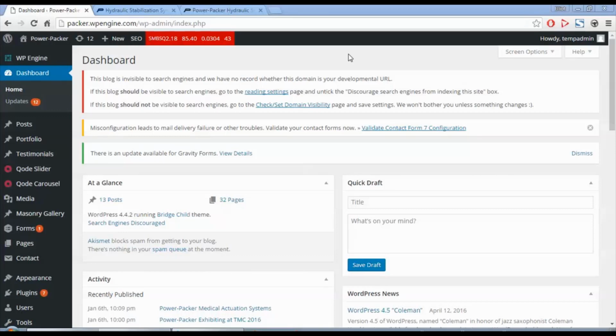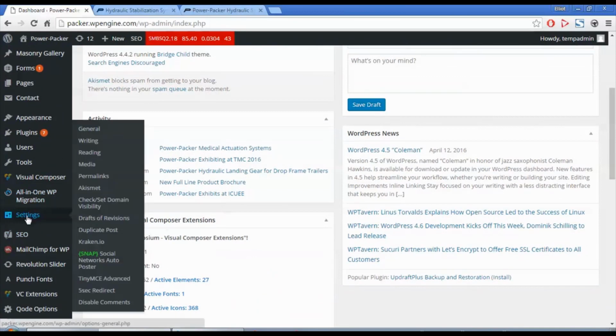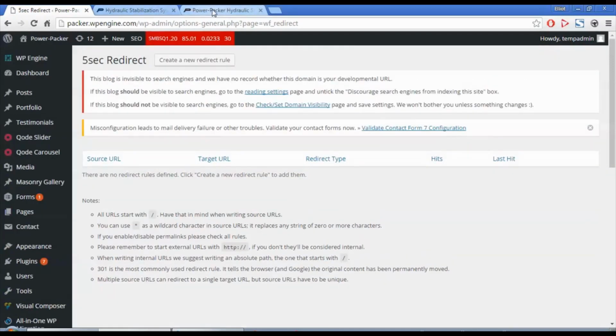To set up a new 301 redirect, you want to go to the settings area and click on 5-second redirect. That is the name of the plugin that is used to set up these URL redirects called 301 redirects. Now the purpose of this is, let's say we have an old site and we are creating a new one,